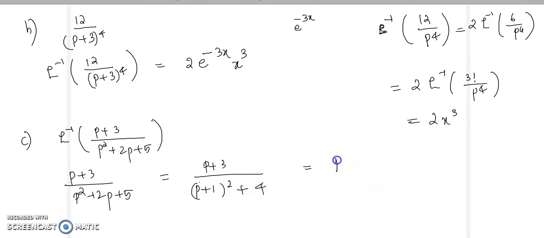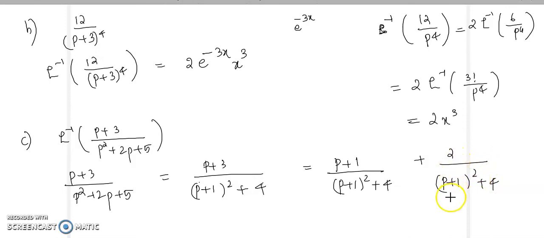So let us split the numerator into two terms. So you can write it as p plus 1 by p plus 1 whole square plus 4, so it is in the form p by p square plus a square. Then plus 2 by p plus 1 whole square plus 4, so it is in the form a by p square plus a square. Now p plus 1 is there, so e raised to minus x will be multiplied. So L inverse of p by p square plus 4 plus 2 by p square plus 4 will be equal to